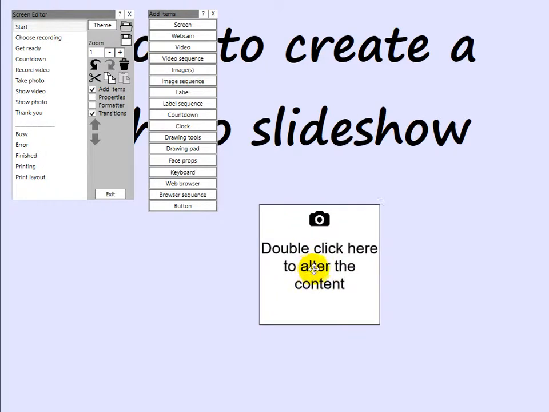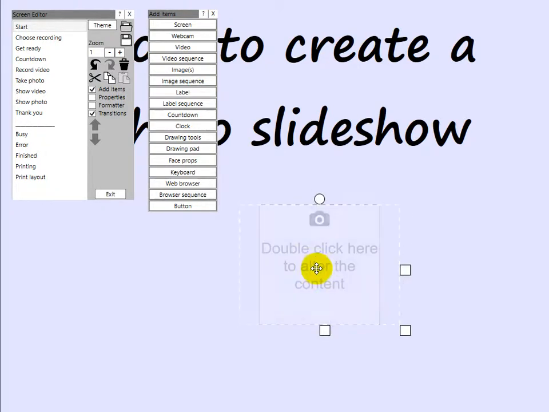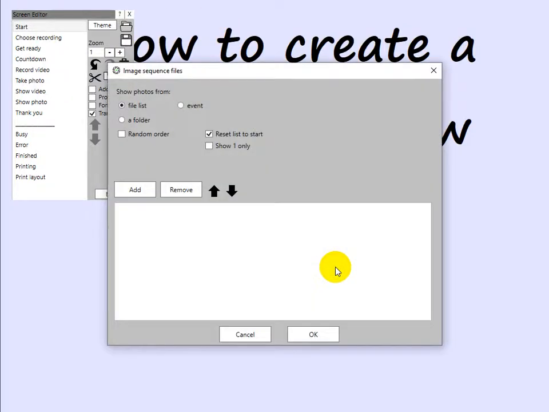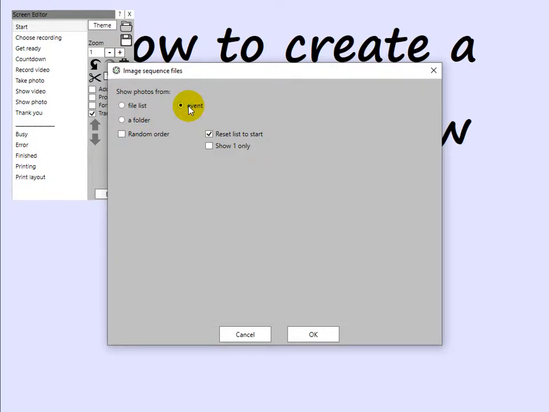Now by default, an image sequence item contains no photos, no images. To do that, we need to double click, and we need to choose what type of photos we want to show. Now you can show photos from a list of files that you specify in here. You can choose a folder on your machine, or you can choose event. I'm going to choose event because what that does is allow the sequence item to find all of the photos that have been captured during the event and show them one after another as a slideshow. So you literally just tick the event, click OK,